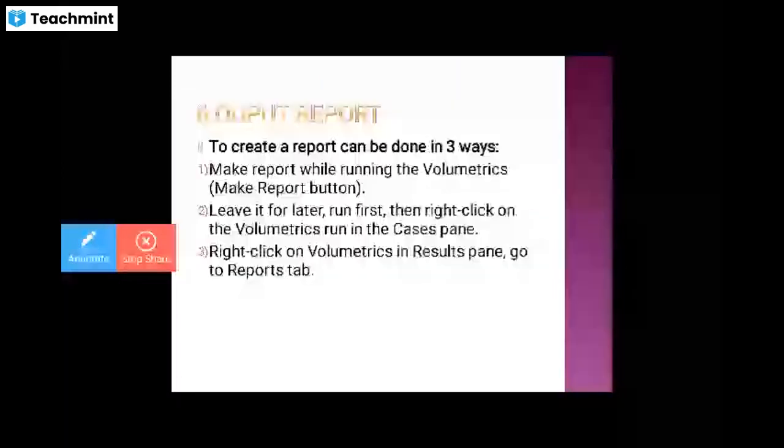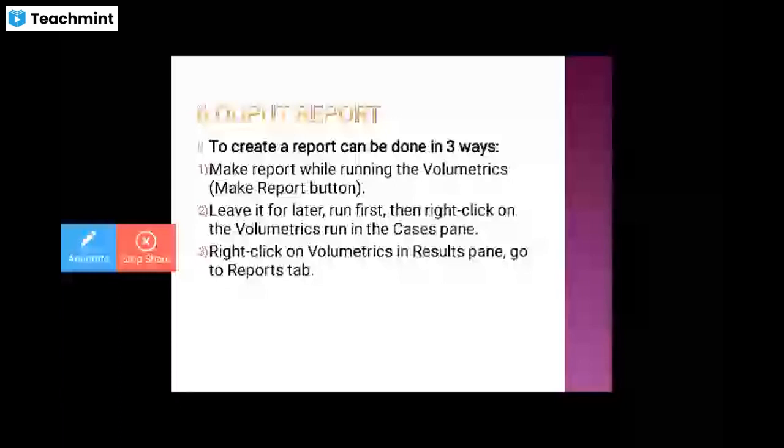So now we can go to the output report. To create a report, you can do it in 3 ways. So you have to make the report while running the volumetrics, make report button and run first, then right click on the volumetrics run in the cases pane. Then number 3, right click on volumetrics in the results pane and go to the reports tab. So that is how to make the output report of your